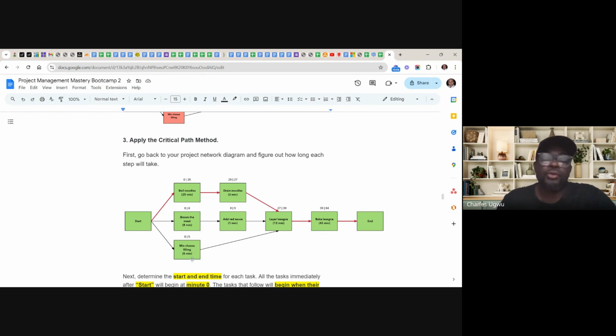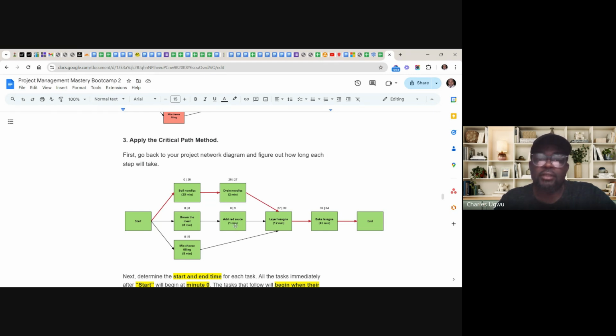You might have other people, team members. It might be your son or your daughter or whoever is working with you in the kitchen who can be doing this concurrently. All of you can be doing so. You can assign someone to be browning the meat and someone to be mixing the cheese while this lasagna noodle is boiling. So all these activities can be going on at the same time. They can start at the same time. This one takes 25 minutes. While it's 25 minutes, you can do this as well. This is just 8 minutes. And this is just